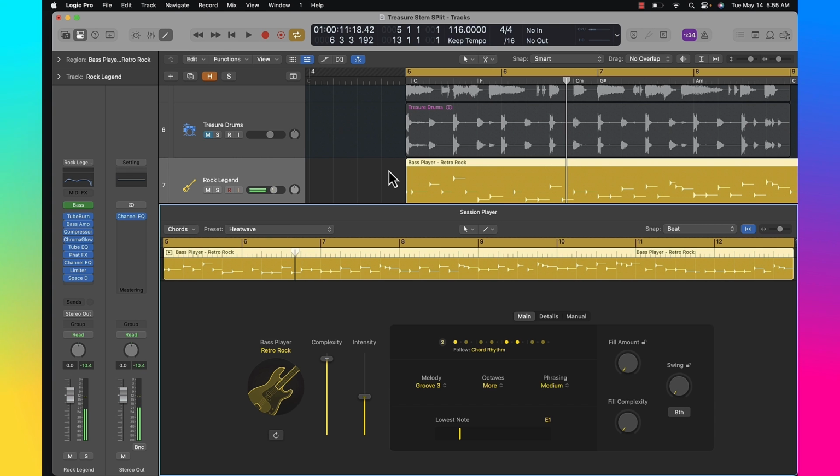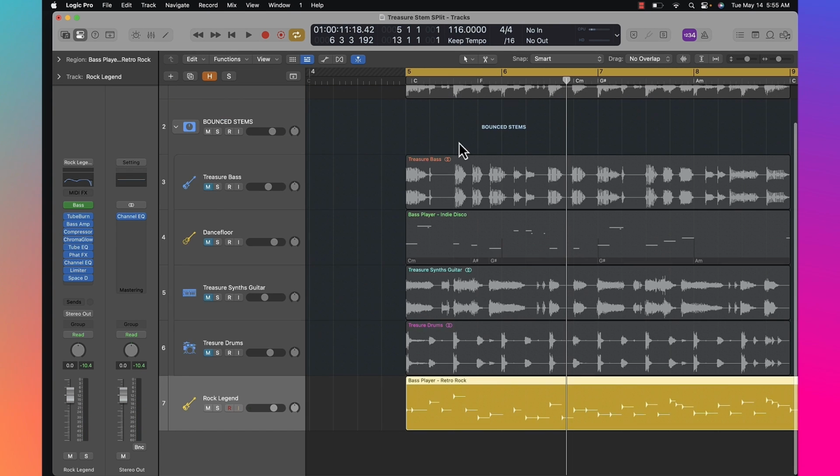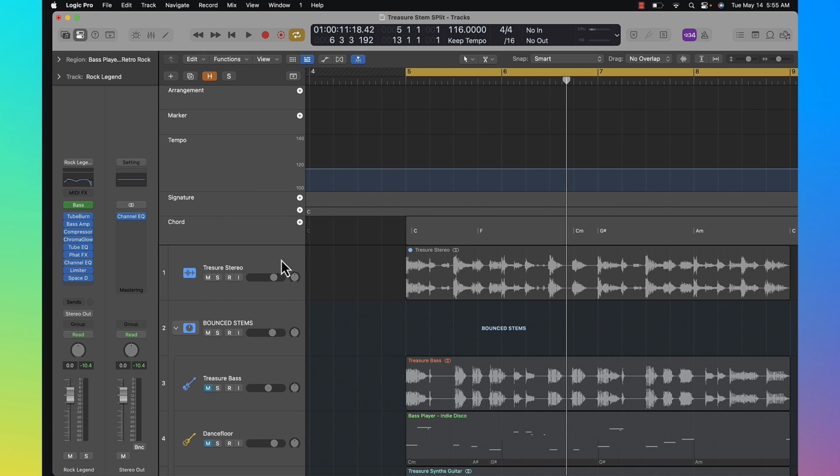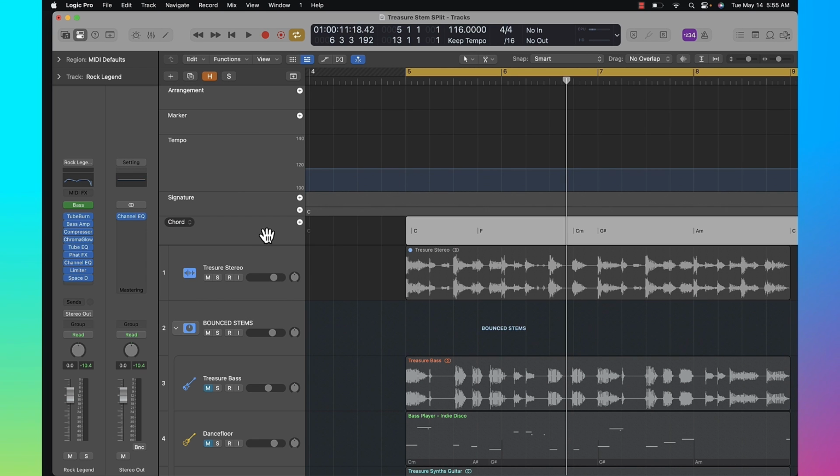Now, if you're wondering, how is it playing, how does it know what chords to play? That is going to be because of our Chord Track. This is a new feature in Logic Pro 11. Hit G on your keyboard and you'll get access to the Chord Track. This is going to allow the session players, both for the bass and the keys, to follow an actual chord progression. So right now, we are starting at C,